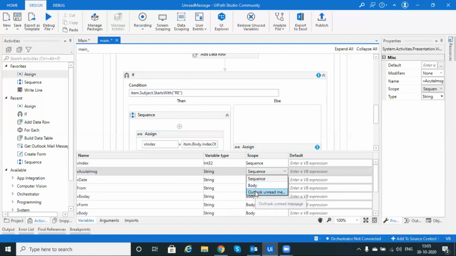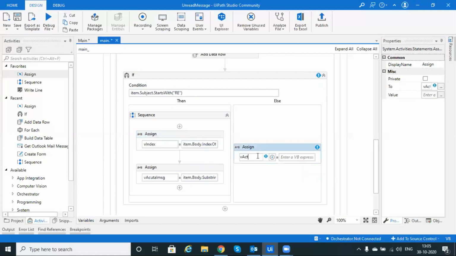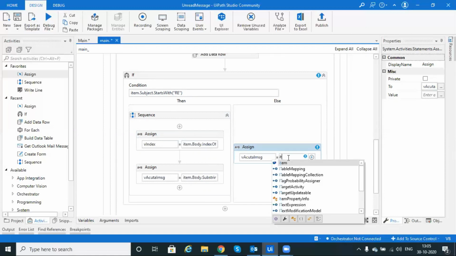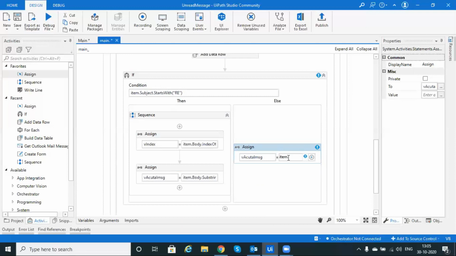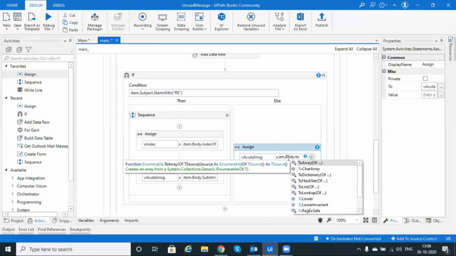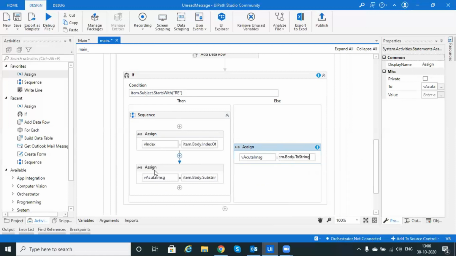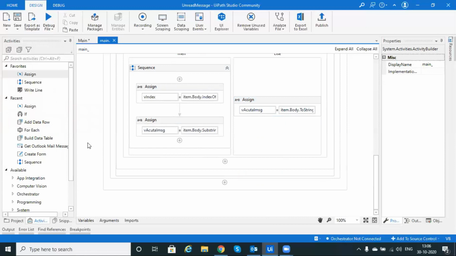Okay, v actual is item.Body, item.Body, right, .ToString. Okay, Control S to save.